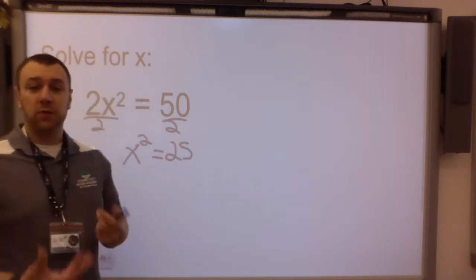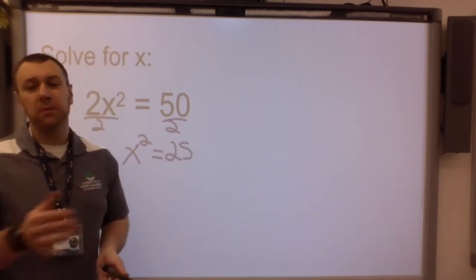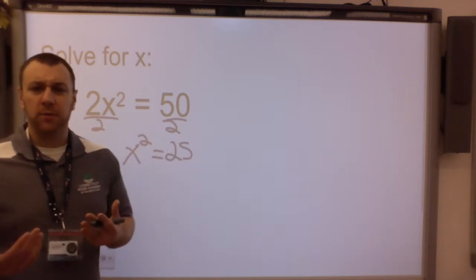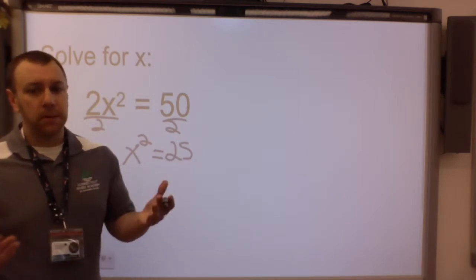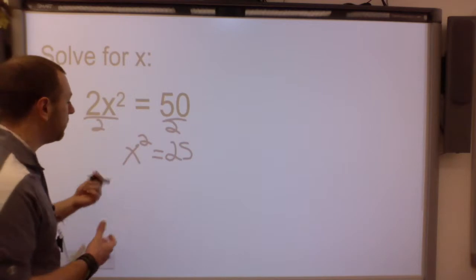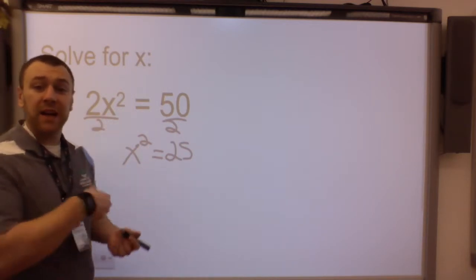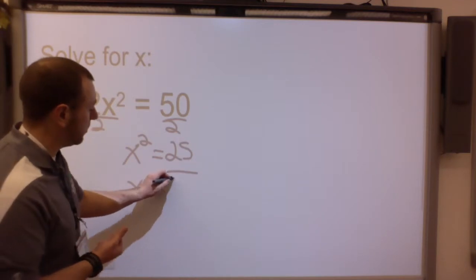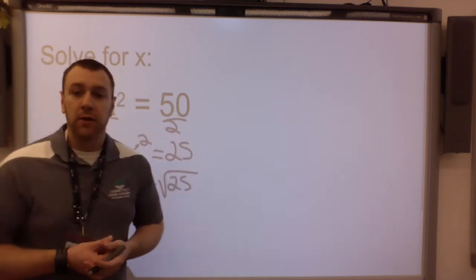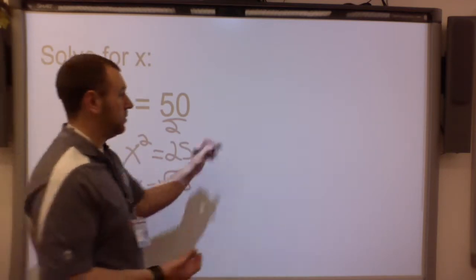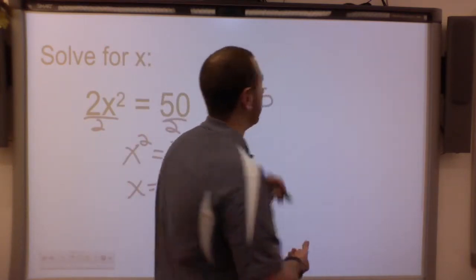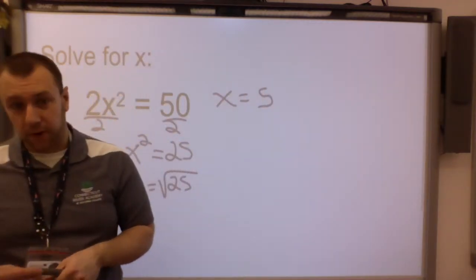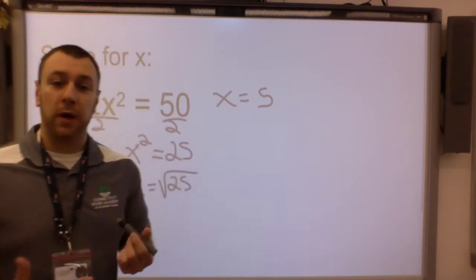Now the opposite of squaring something is the square root. You might remember this from geometry with the Pythagorean theorem, maybe some Algebra 1 stuff. We've seen this a lot, but I'm going to add in a little twist. So x equals the square root of 25. Now you might just say, okay, well, x equals 5, and you would be half correct. Now the trick with a square root